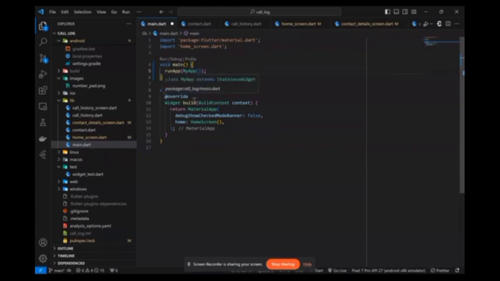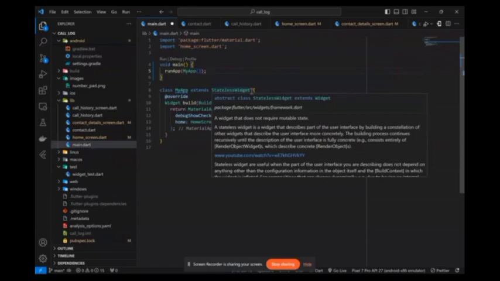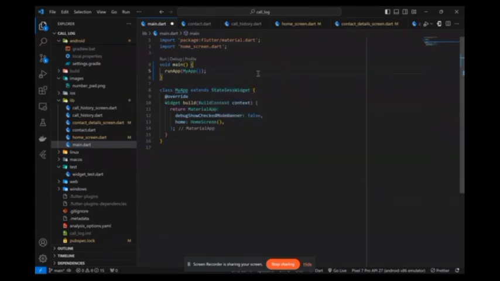So we have a class MyApp that extends the StatelessWidget. We have two kinds of widgets, stateless widget and stateful widget. A stateless widget does not change its properties when the state changes. It is like static. A stateful widget changes its properties when the state changes. It is like dynamic. So we have a build context and